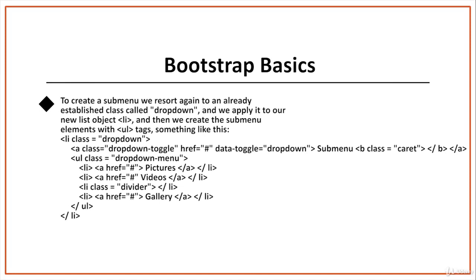To create a submenu, we resort again to an already established class called dropdown, and we apply it to our new list <li>, and then we create the submenu elements with the ul tags, something like this: <li class="dropdown"><a class="dropdown-toggle" href="#" data-toggle="dropdown">submenu<b class="caret"></b></a><ul class="dropdown-menu">